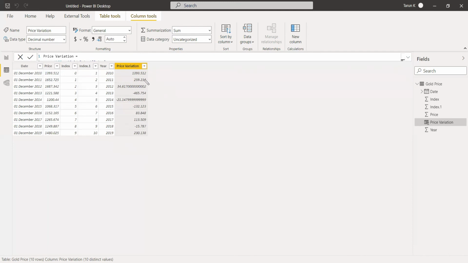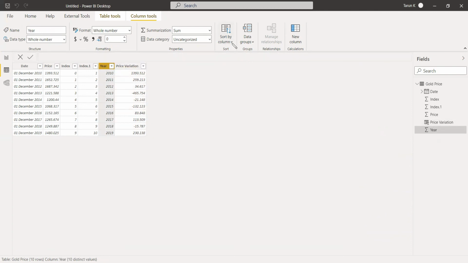Here, of course, we don't need this many decimal points. We will give it as 3. Three is enough. Okay, now we will go to the price variation here, and of course it is better to sort this here because we need to show the year properly, then only the data for the waterfall chart will come in a proper way.